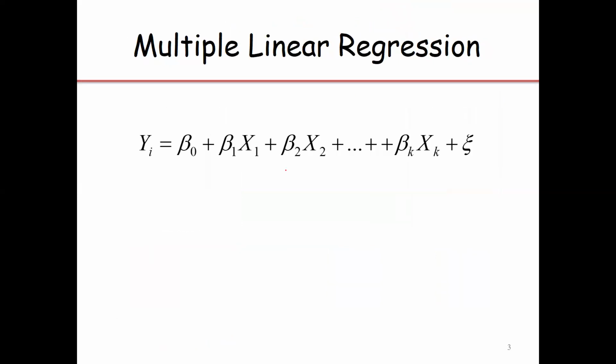This is a generalized linear model. In this generalized linear model, the first predictor is x1, the second predictor is x2, and xk is the kth predictor. So we have k predictors and one response variable or predicting variable. This is y. This is the error term, and the betas are the model parameters: beta naught, beta 1, beta 2, beta k.